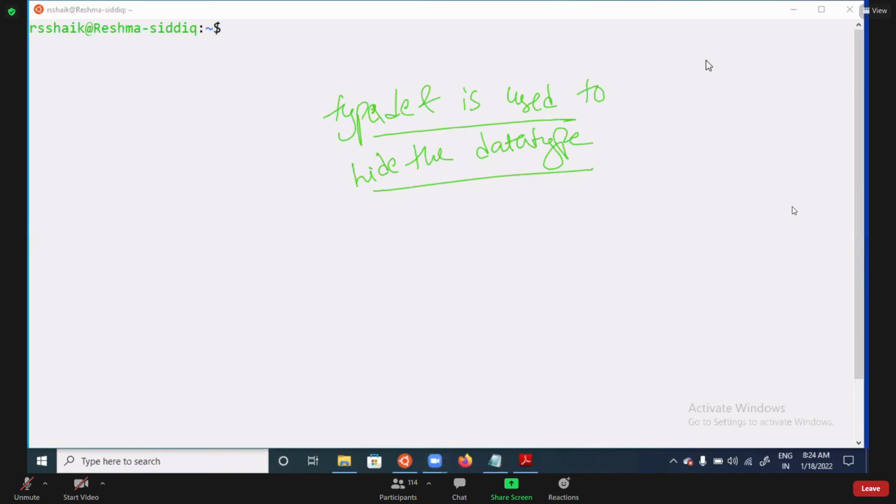So suppose I give the strlen function, string length. Different persons will write different logics, and they will take different prototypes also.